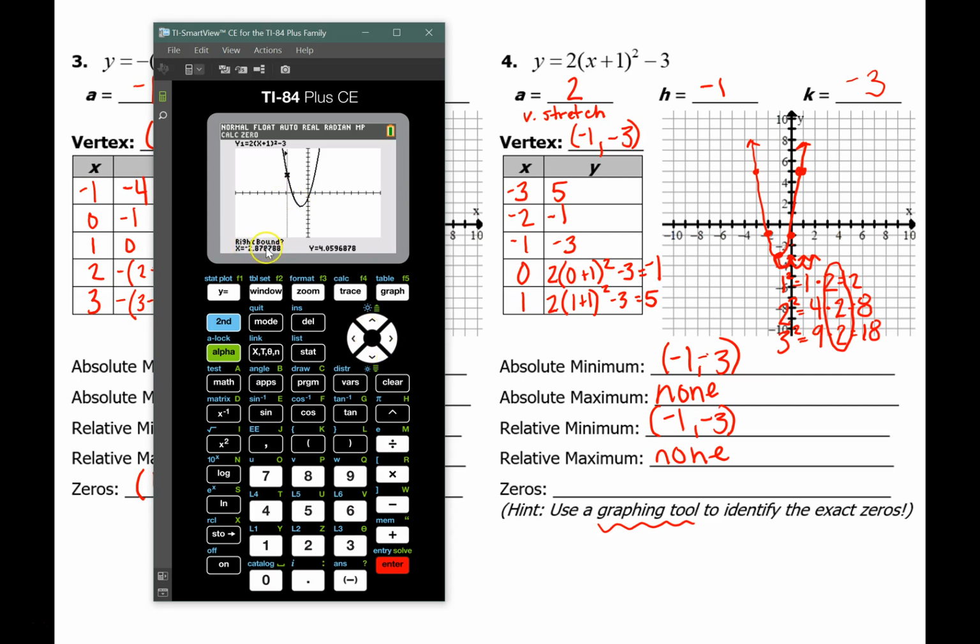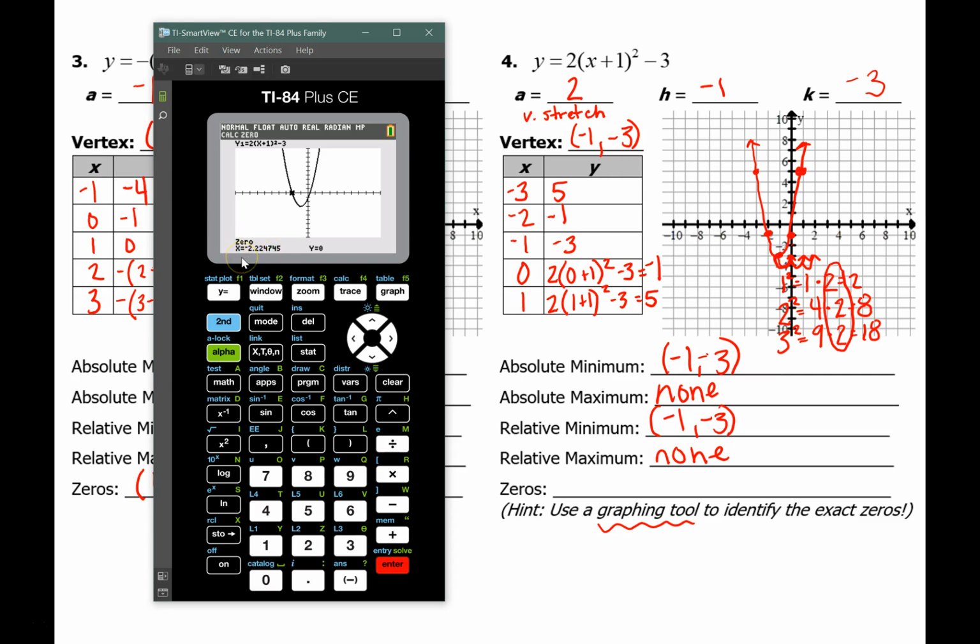Then it changed and it said right bound, so I'm going to move back to the right so that I'm on the right-hand side of the x-intercept. I'm going to hit enter again. So notice now my x-intercept is in between those 2 dotted lines that are the bounds, and it's asking me for a guess, which is the last thing it'll ask for. So I'm going to put it back over where the x-intercept is and hit enter. And then it's going to tell me that's at